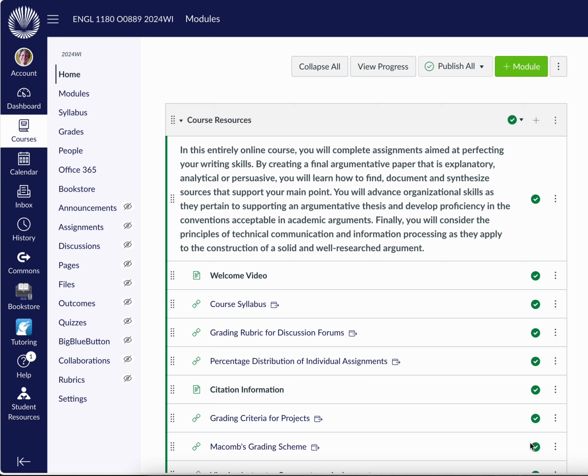We have a short 8-week course entirely online. I just wanted to walk you through a few pieces of this course just so that you could acclimate yourselves and kind of prepare for the layout of the course and what's ahead as we move through it. So just remember, as you log in, you're going to notice that the top reminds you that this is entirely online. You'll complete all of your assignments, and these are aimed at improving your writing skills.